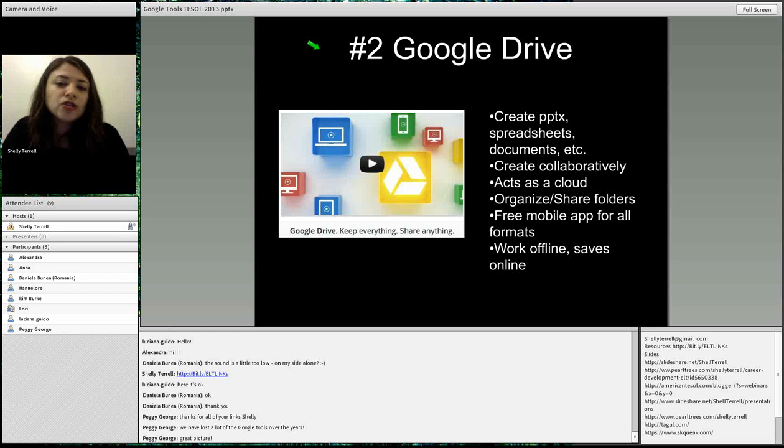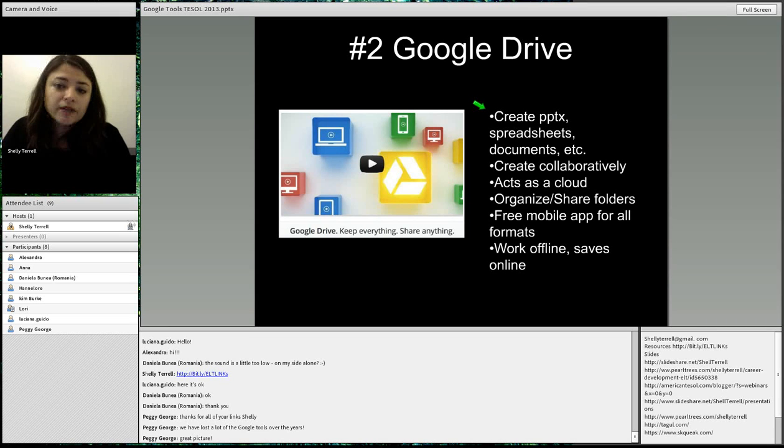So the number 2. Now these are not in any particular order. They're not in preference of what I think is the best Google tool, because I'm the kind of person who can never choose. I don't have a favorite ice cream flavor or anything. I have my moods. This is really great and this is really great. But these are the ones that I use all the time, and I find them especially helpful in ways that other types of things are not. So I haven't found another browser that is as wonderful as Google Chrome. I absolutely love Google Chrome. It is the best browser in my opinion. And I've tried quite a few browsers.